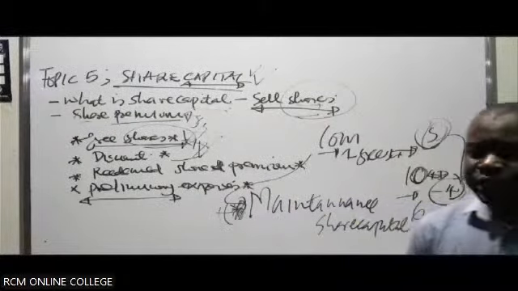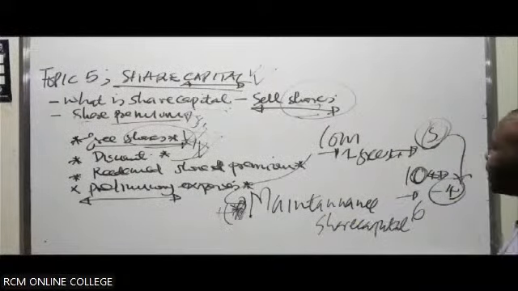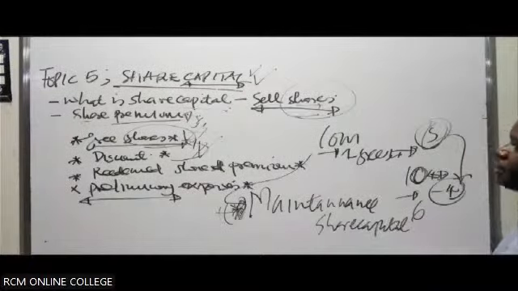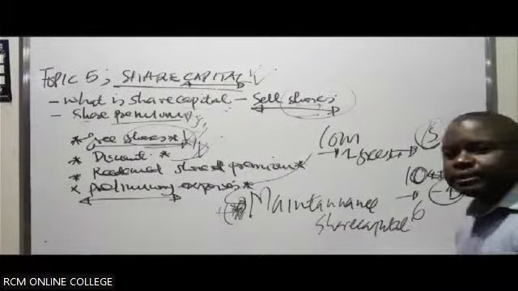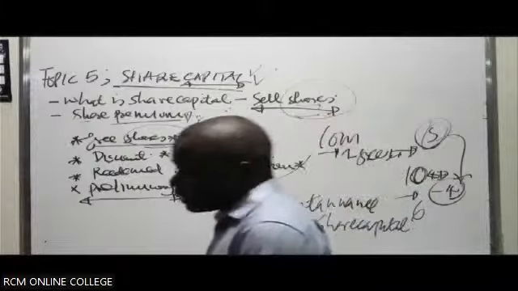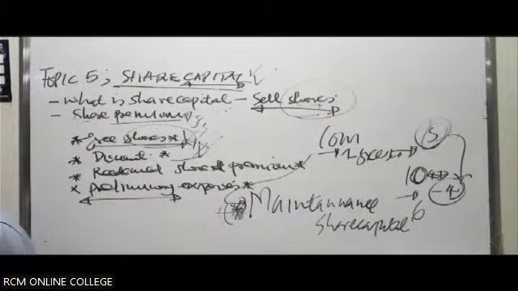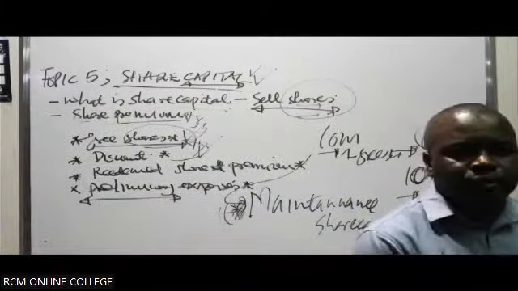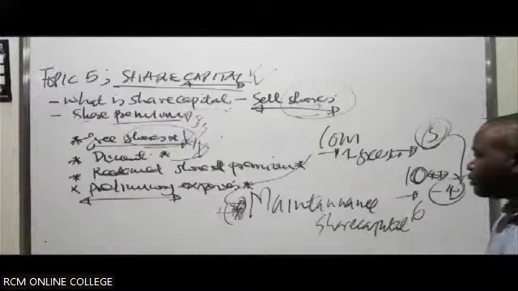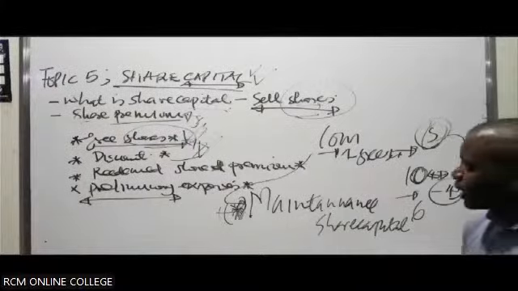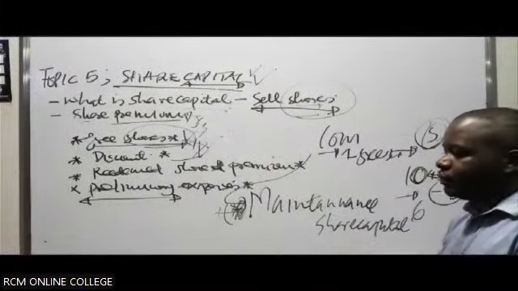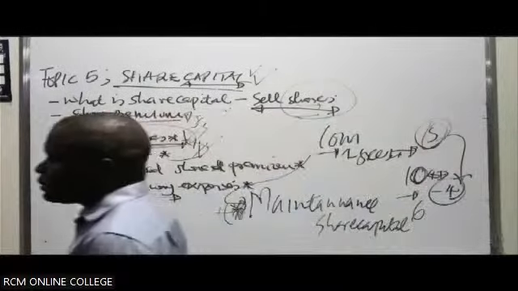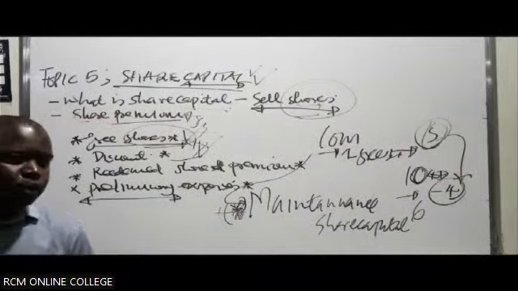And you have to take note. When I say maintenance of the share capital, you are keeping it safely. But I don't mean that the share capital is just relaxing in the company waiting for liquidation. When you get share capital in the company, you basically acquire assets. Part of the money will still be in the bank account. Maybe part of it you used to acquire assets. When you got the share capital, it could be inventory, it could be buildings, it could be land. That's what you're talking about.